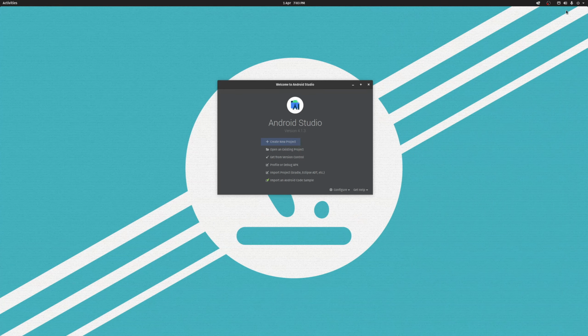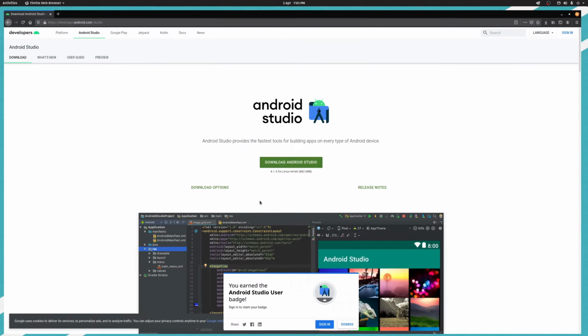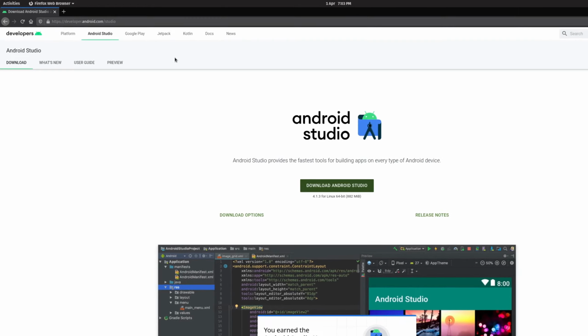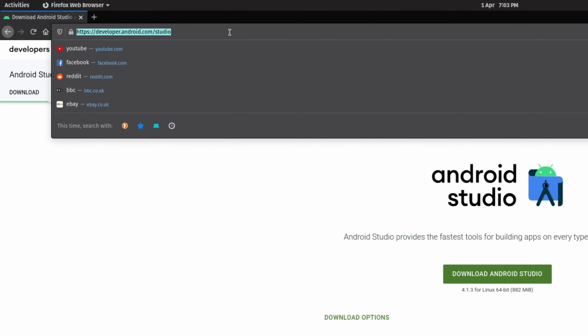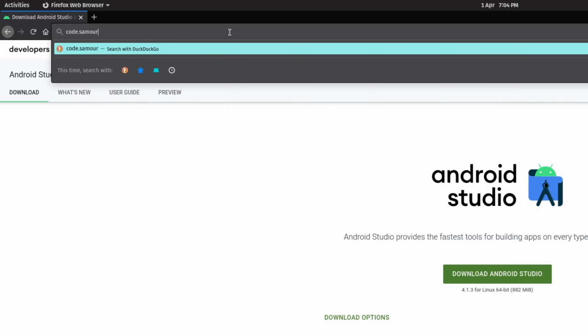Once the setup wizard is completed, Android Studio will ask you if you want to create a new project or open an existing one. Before we continue, first we'll need to obtain the source code from Samourai. Head back to our browser and navigate to